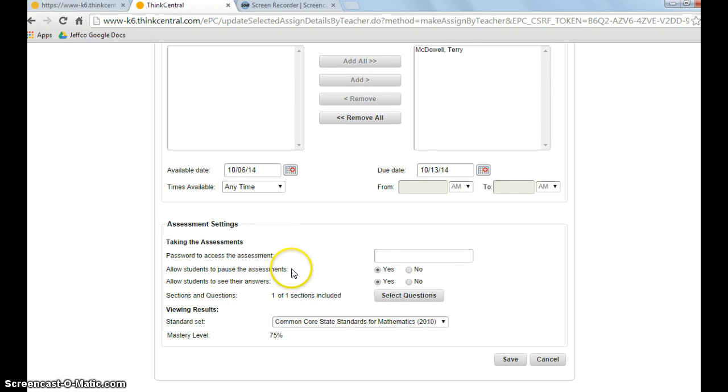Allow students to pause the assessment. This would be if they might not have time to finish it. You want to be able to go back in and finish the assessment later. And then you want students to be able to see their answers. Now on select questions,